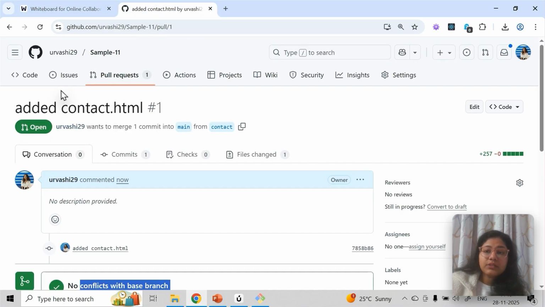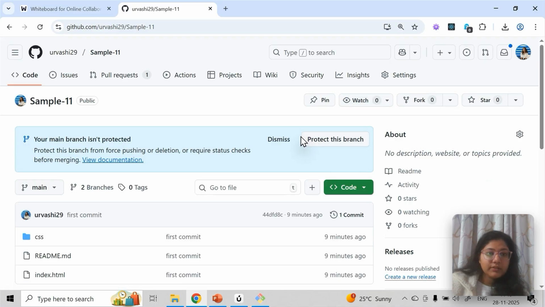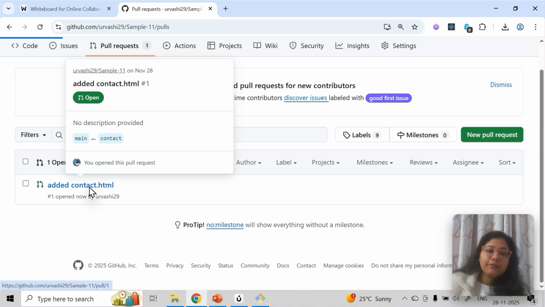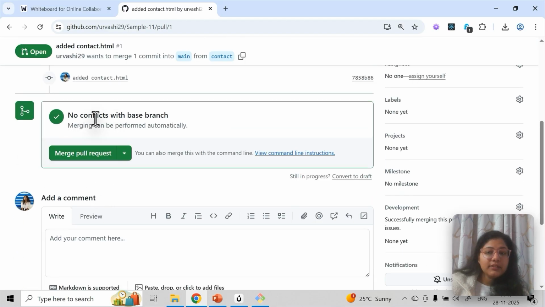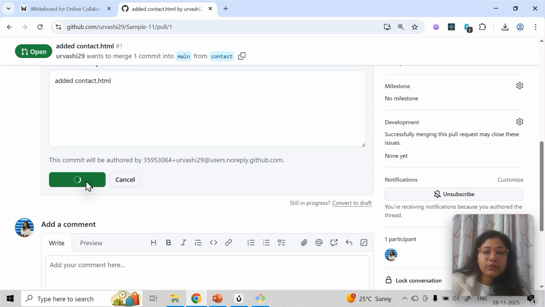But you can just imagine whatever we did till here, we were getting this message over here, right? Compare and pull. So that is what the team lead will get as the message. Then the team will create the pull request. This will be done, and then conflicts will be checked. Now you can see it is saying there is no conflict, there is no issue of file name or anything. So you can just merge. Just click on confirm merge.